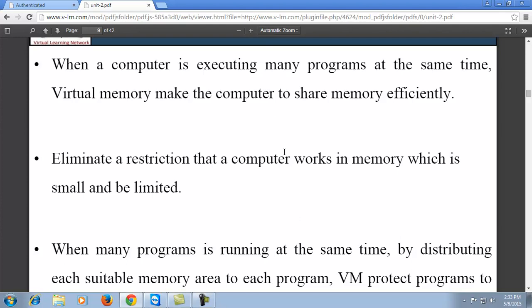Next, it eliminates the restriction that a computer works in a small, limited memory. Suppose we have 1 GB of RAM and the content we have to display on the screen is 2 GB, 4 GB, or much more. Then we have a limited main memory of 1 GB.